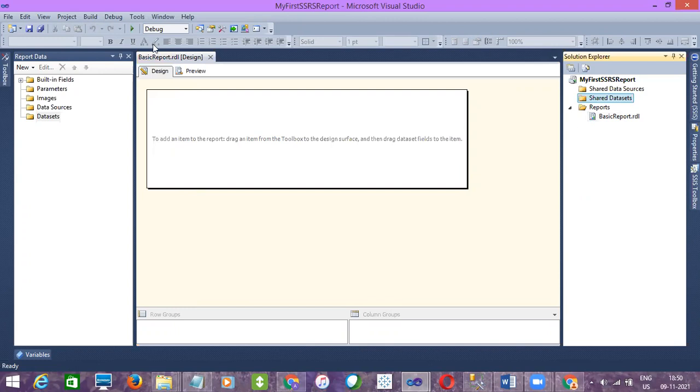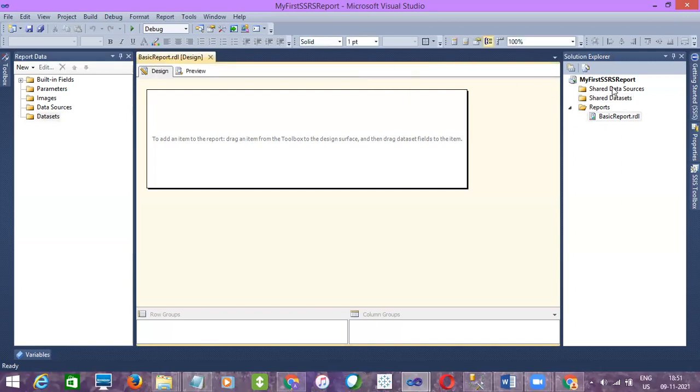So basically data source is nothing but connection to the data server, which is SQL Server or Oracle, whatever it is, connection to the database. And now data set is nothing but, see, once you connect to a database, you need to fetch data from the table, right? So that will be handled in the data set part, like querying a database. So using data set, we'll just query the database using the SQL code, right? So using data source, we'll just connect to the SQL Server, and then using data set, we'll query the database tables using SQL commands, right? And then if you create data source and data set, it is only used in the basic report, only for this report.